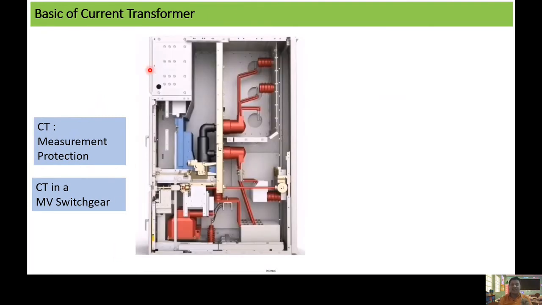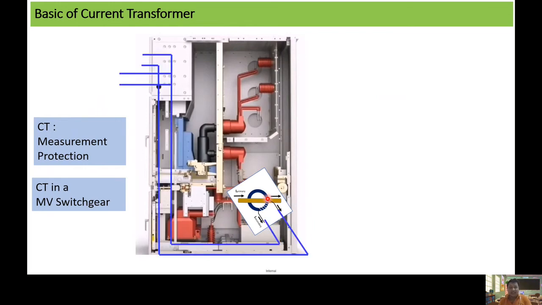So let us consider an air insulated switchgear. This is a cross section of an air insulated switchgear, and a CT is mounted on this switchgear. Let us take the same example of the 1000 by 1 amp CT, which we discussed in the earlier part of the video, mounted on the switchgear. Considering that 1000 amp is flowing through the switchgear, and this primary side is connected to the primary conductor of the CT, the CT is experiencing 1000 amp in the primary conductor.